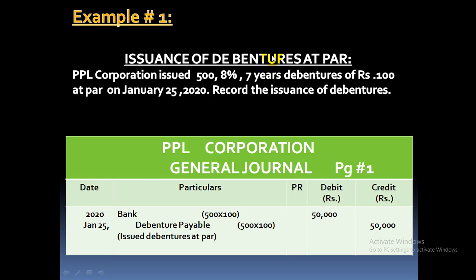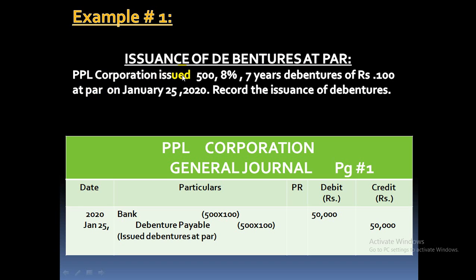Let's see the issuance of debentures at par. The word par means the printed value on the debentures. Whenever a joint stock company is formed, the par value of debenture and share is decided by the company, and mostly it is rupees 100 in our examples. It could be any price given by the examiner in the question. So the par value is actually the face value or the printed value on the debenture certificate.